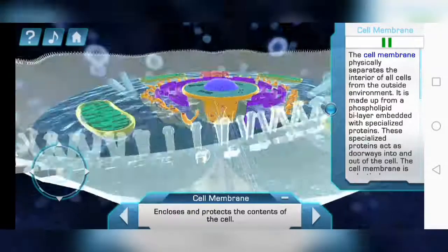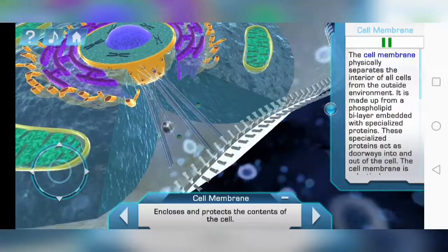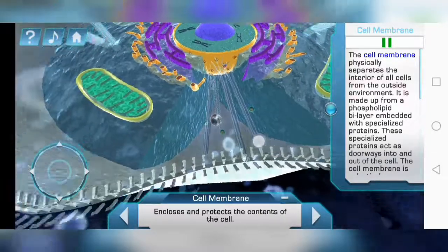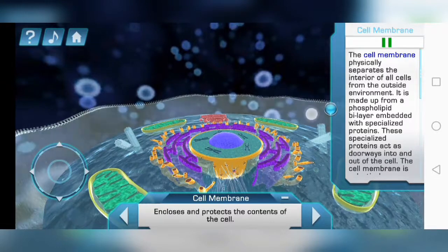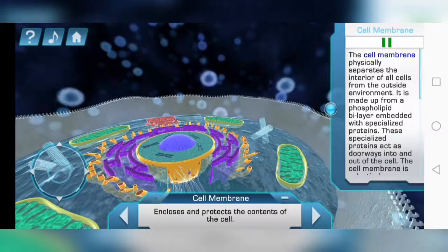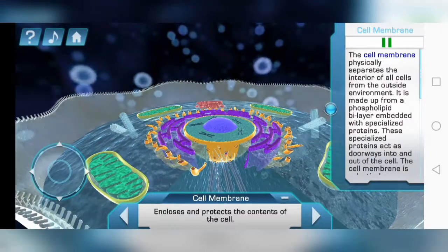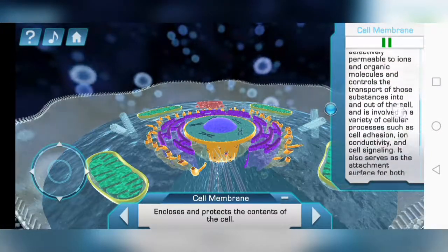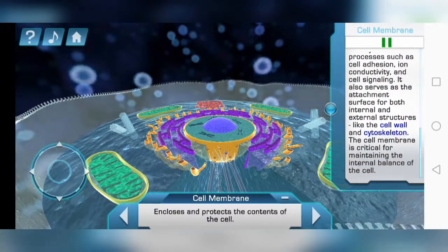The cell membrane physically separates the interior of all cells from the outside environment. It's made up from a phospholipid bilayer embedded with specialized proteins. These specialized proteins act as doorways into and out of the cell. The cell membrane is selectively permeable to ions and organic molecules, and controls the transport of those substances into and